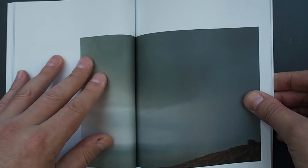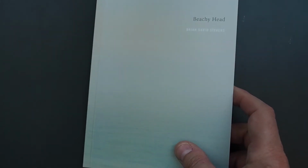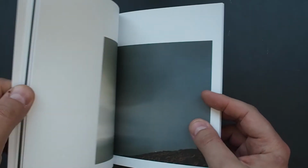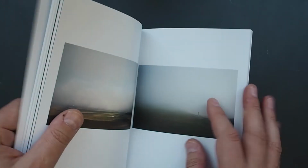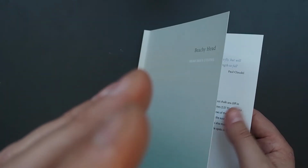So I think it's a lovely observation of the landscape. I think for any young budding student photographer, or just anybody wanting to explore telling a story on your own doorstep, this is a really interesting book, because it's not just about documenting the landmarks, the landscape. What you don't see with this is what mood Brian's created with this. He's creating an atmosphere